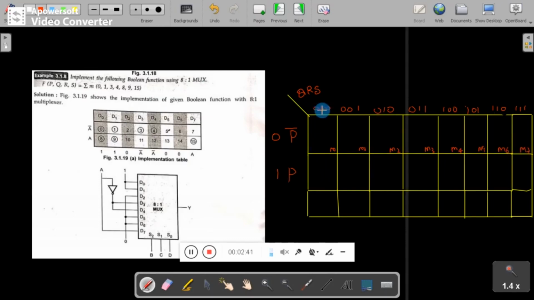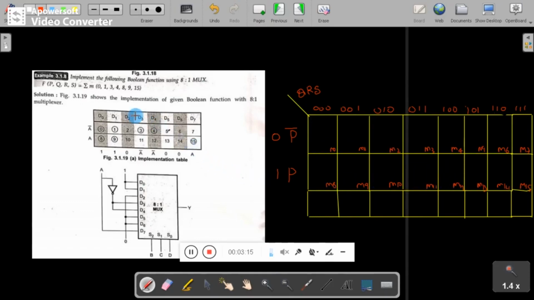Next, 1 0 0: initially it is 0 0 0, now 1 0 0 it is min term 8, min term 9, min term 10, min term 11, min term 12, min term 13, min term 14, min term 15. For your kind information, dear students, this is not a K map representation. I am representing the 4 variable function min terms 0 to 15 in a table format like this.